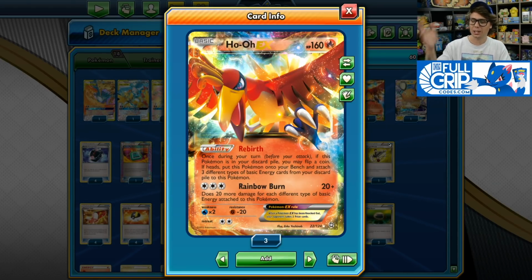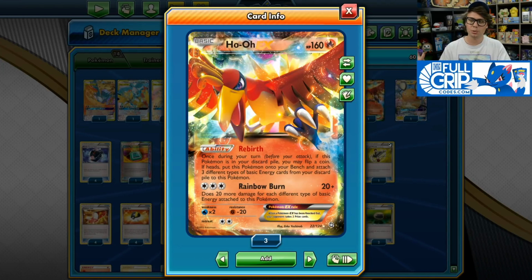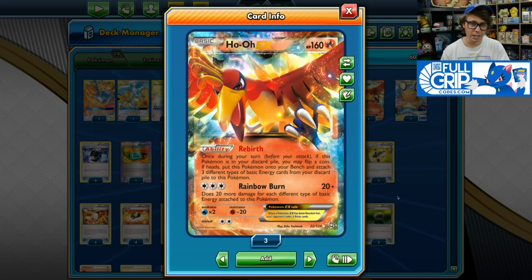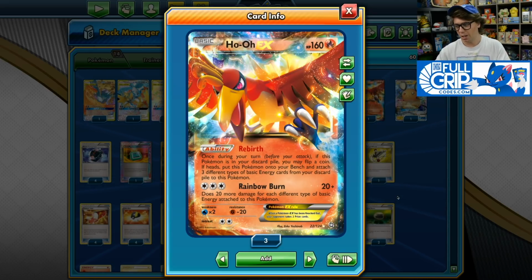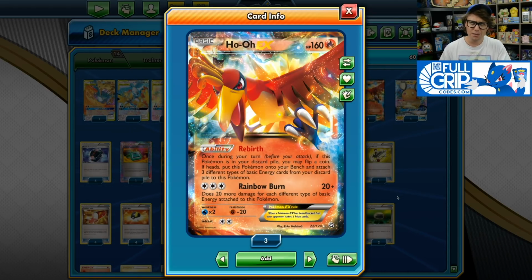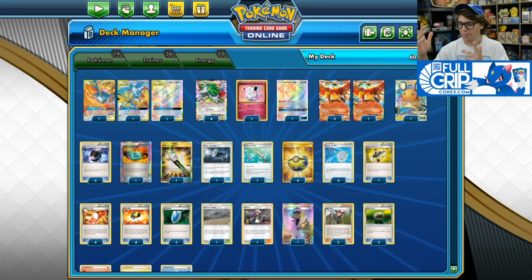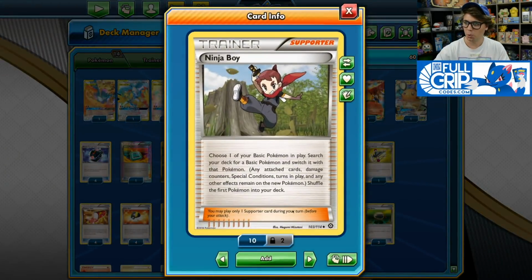Now, its attack is not that great. Rainbow Burn only does 20 damage plus 20 more for each different type of basic energy attached to this Pokemon. And since we play Fire, Water, and Lightning, it can deal a maximum of 80 damage, which can be situationally useful, but you don't actually use it all that much. It's also only got 160 HP,